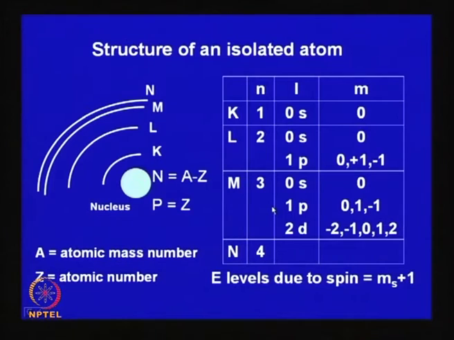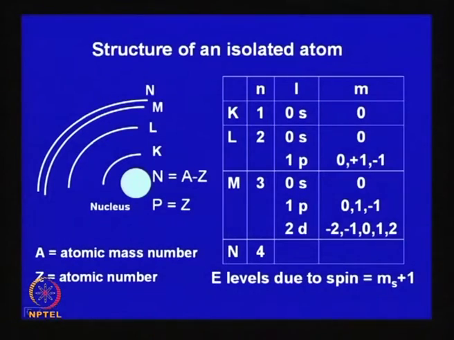And just to recapitulate things, this we know already, that atoms are made up of subatomic particles. You have a nucleus where the total mass is concentrated. It consists of proton and neutron. The proton is positively charged and the number of protons is equal to its atomic number, Z, and A is the atomic mass number, so A minus Z is the number of neutrons. So, this is the nucleus where you have the entire mass, and then electrons keep moving in different orbits, and